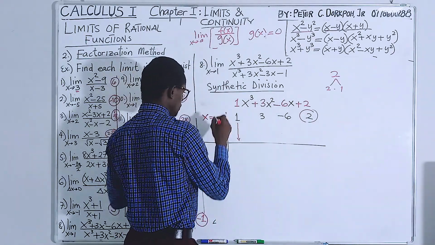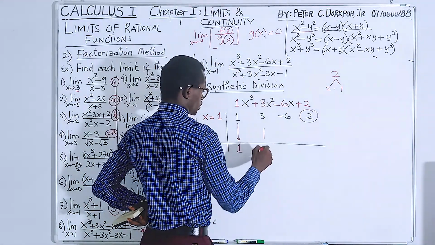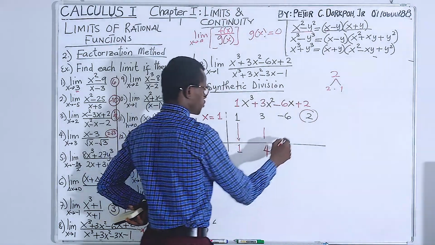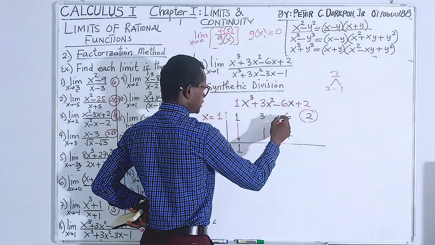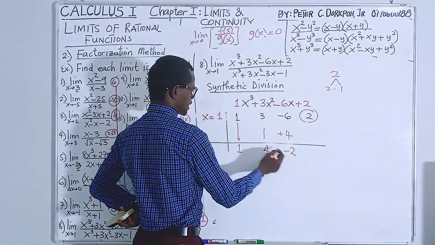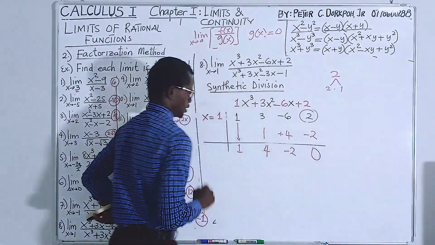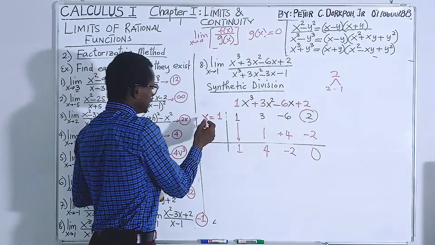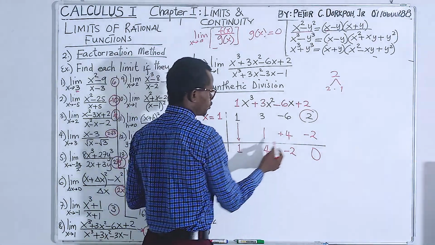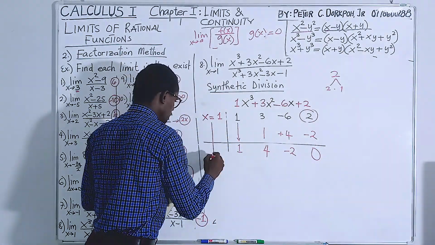So we say, what if x is equal to 1? Bring this 1 down, right? 1 times 1 is 1. 3 plus 1 is now 4. 1 times 4 is 4. Negative 6 plus 4 is negative 2. 1 times negative 2 is negative 2. 2 minus 2 is 0. Now, because this x equal to 1 took our constant term to 0, we now consider this to be